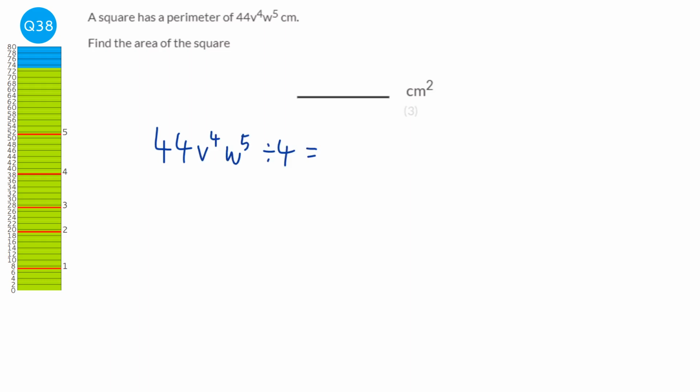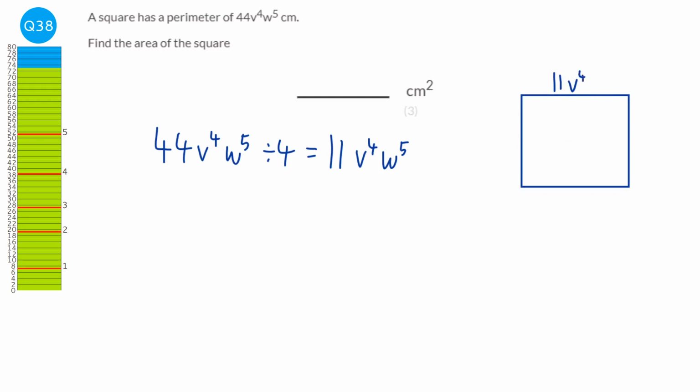And to do that, all we need to do is just divide the coefficient by 4. So it'd be 11v to the power 4 w to the power 5. Some people will try and do something with the v to the power 4 w to the power 5, but if you think about it, if I just draw out my square, if it's 11v to the power 4 w to the power 5 all the way around,